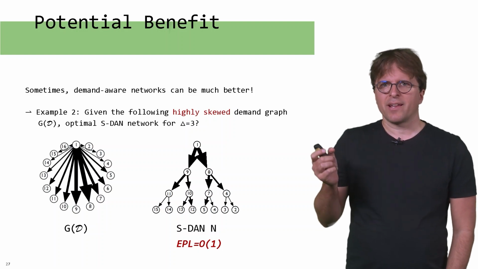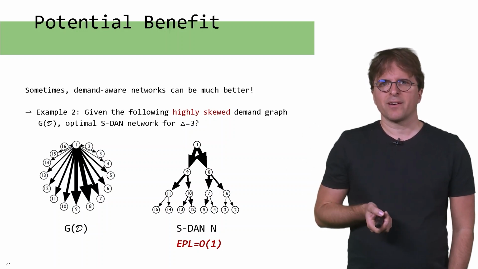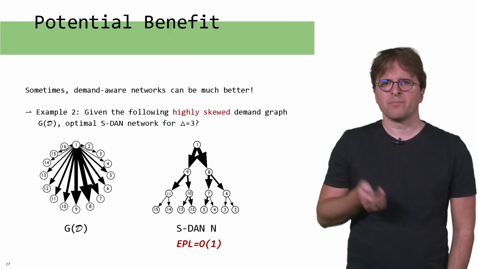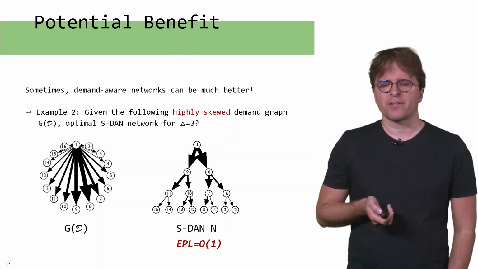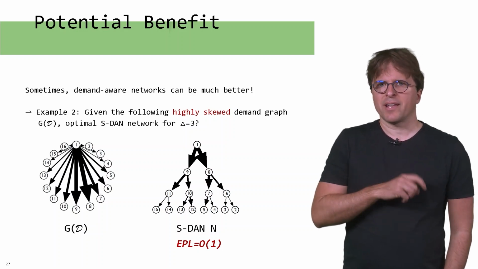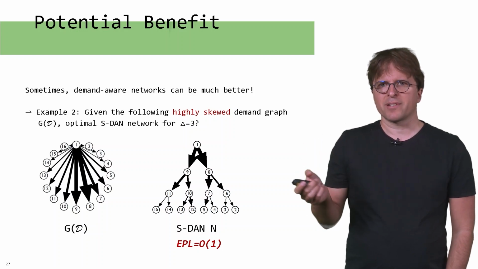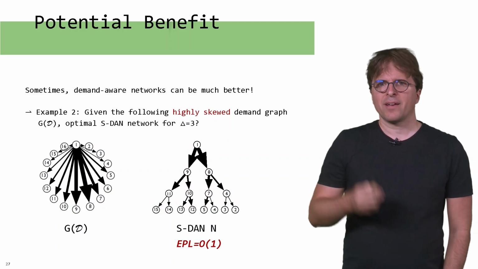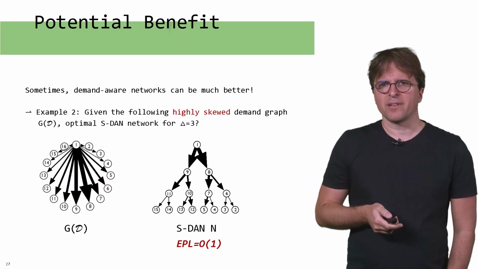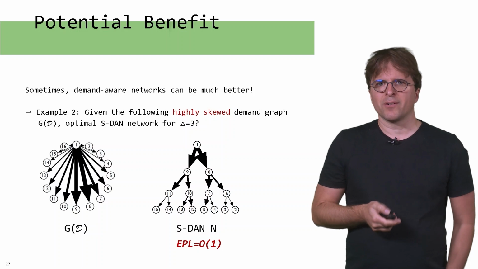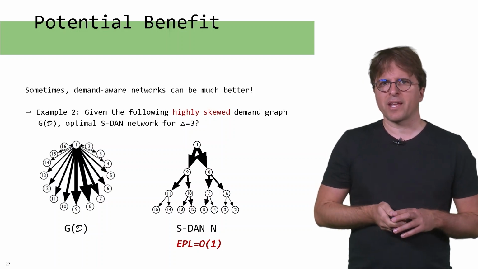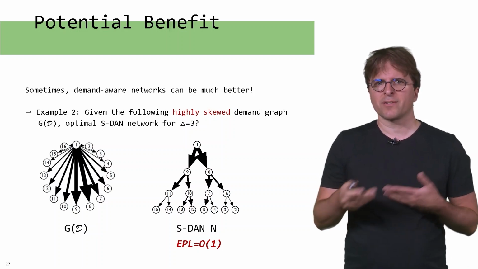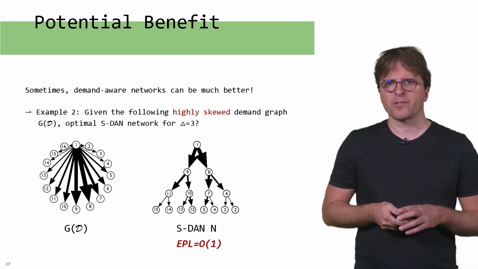And then we take the neighbors of that root to be the ones that communicate most in the demand graph on the left. And then we take, again, the nodes to be neighbors that communicate less. So basically going down in the hierarchy of this tree, we have the nodes that communicate less and less with the source. So the most frequent communication partners will be very close, and so we have an optimized tree towards this